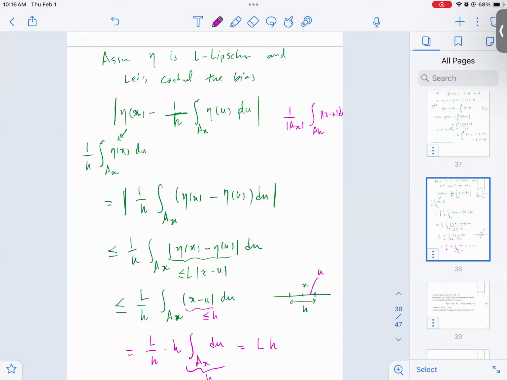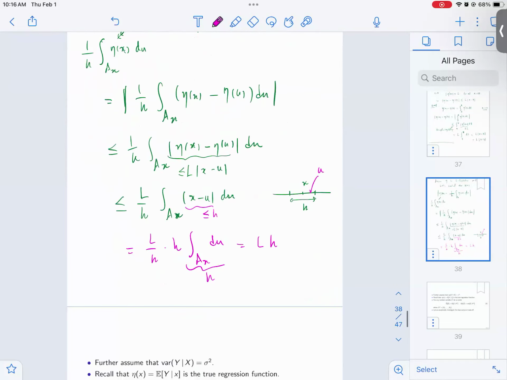You bound this by, let's say, some h, and then you have the integral over A of x, which is just that volume, so they cancel out. If you do it properly, you don't even see h to the d here. In the d-dimensional case this would be either h or root d times h, but it's not going to be h to the d, for example. But anyways,